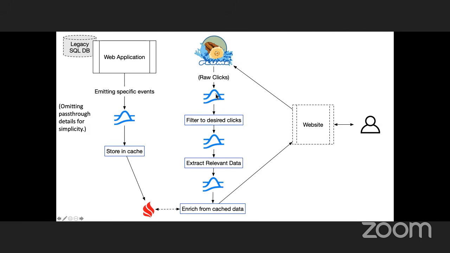And so you could then filter that down to the desired clicks you're looking for. Since it might have a lot of data in there, you're probably going to need to extract exactly what you're looking for, and then you can enrich it if necessary. And you could feed that back into the website. Although if you're pulling that data back into the website, then again, that might require touching the code. So that's something that would have to be addressed. Although I guess technically you could have the website pull directly from Ignite, but